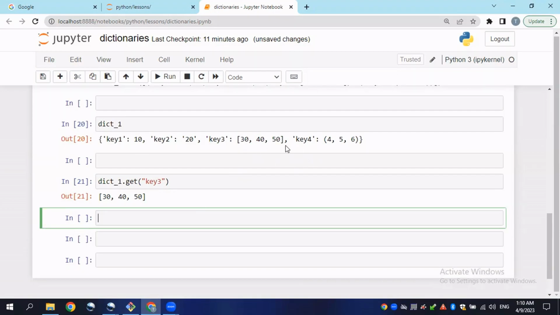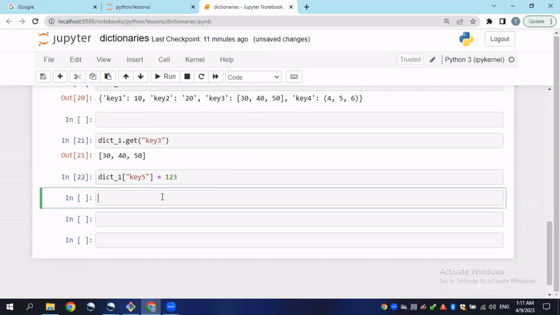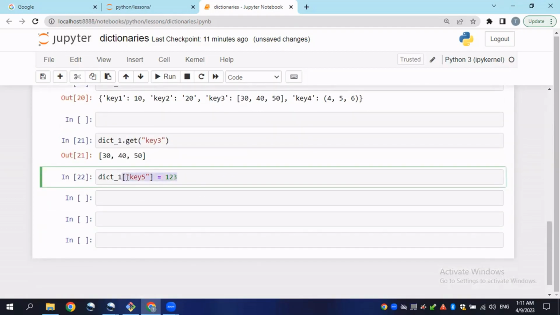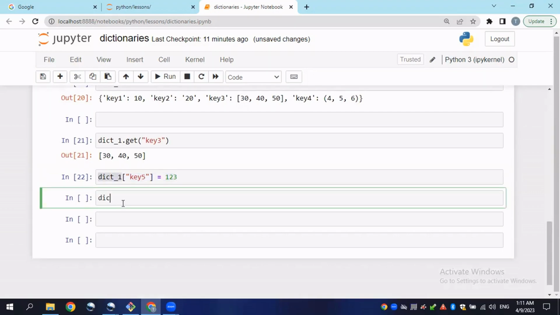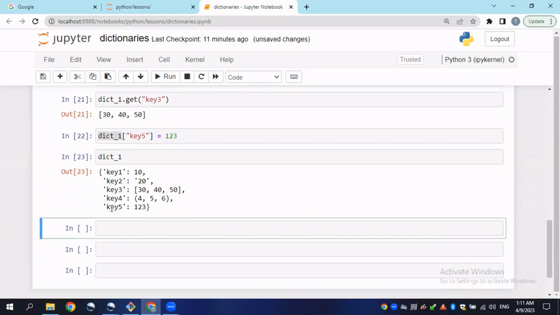Let's say that I want to append or add an element in the dictionary. How should I do this? First, type in the dictionary variable, then inside of the dictionary variable I will type in square brackets, and here I will type in key 5, for example, and key 5 I will assign to 123, for example. Click Alt Enter, and now it will add one more item to this variable here. If I print it out, dictionary 1, and click Enter, you will see that it will have the 5th element